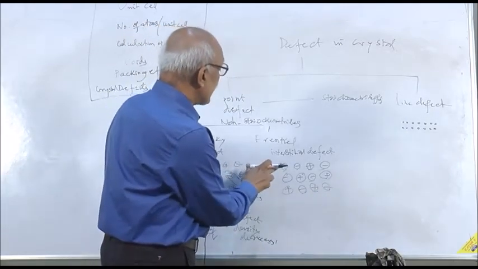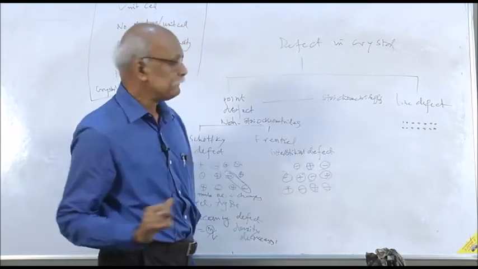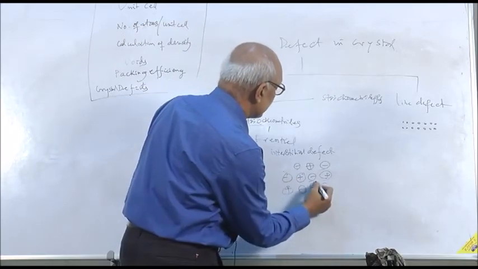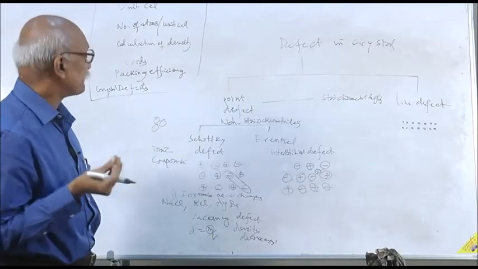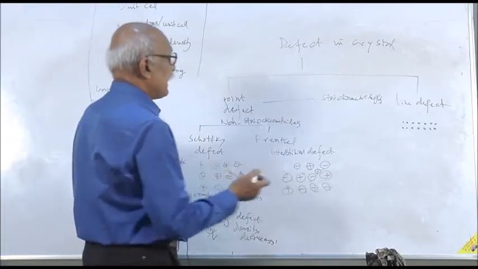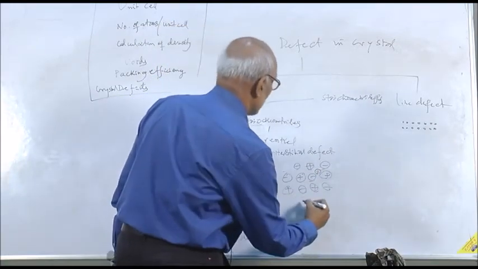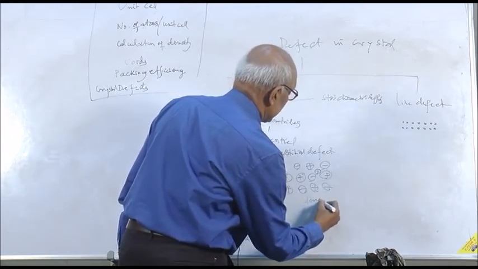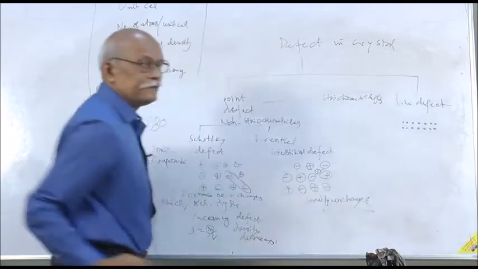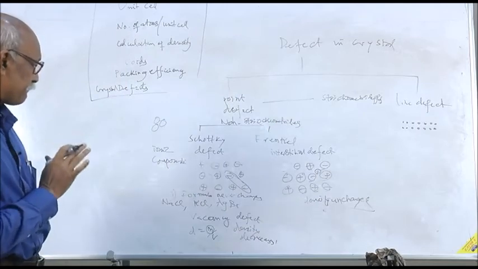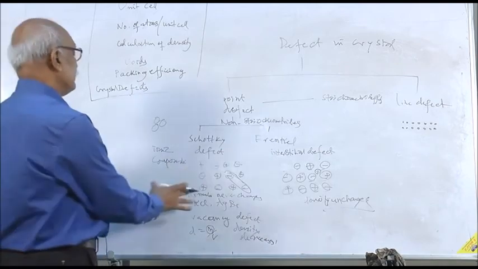Suppose on agitation or increasing temperature, this ion is lost from here. It will find its place in the interstices. So there is no loss of cations and anions. The mass remains the same, volume never changes, so density remains unchanged. This is the most important difference between the Frenkel defect and the Schottky defect: this is the interstitial defect, and that is the vacancy defect.